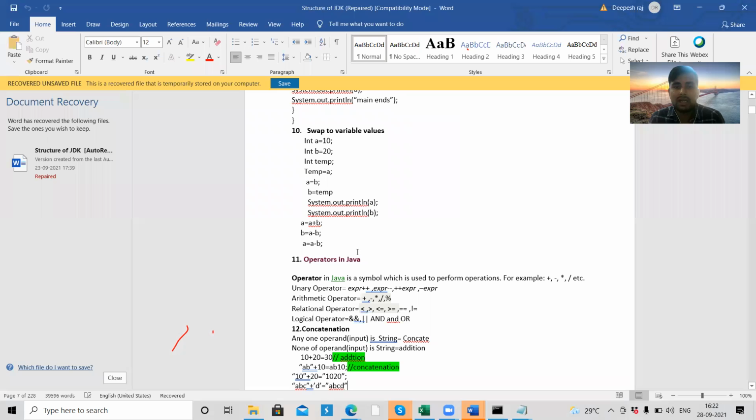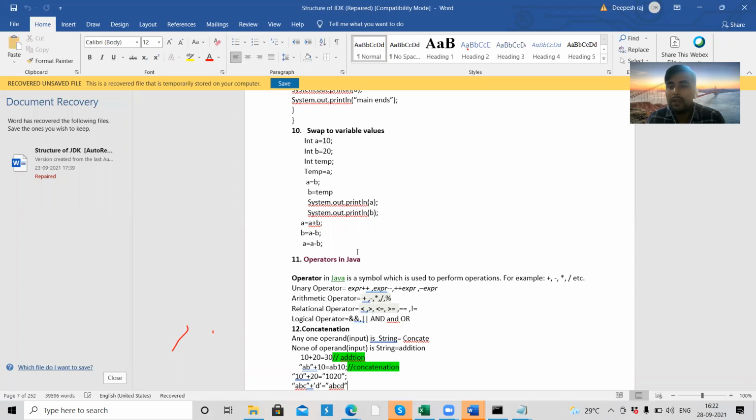There are arithmetic operators, and relational operators: equals to, greater than, less than, greater than or equal to, less than or equal to, and not equals to. All these relational operators we are going to use to perform operations between two variables.